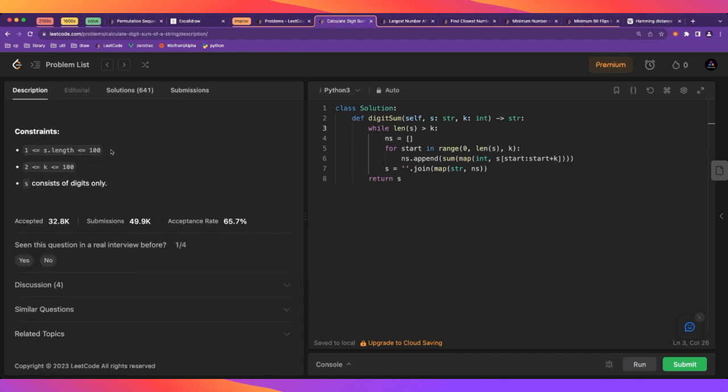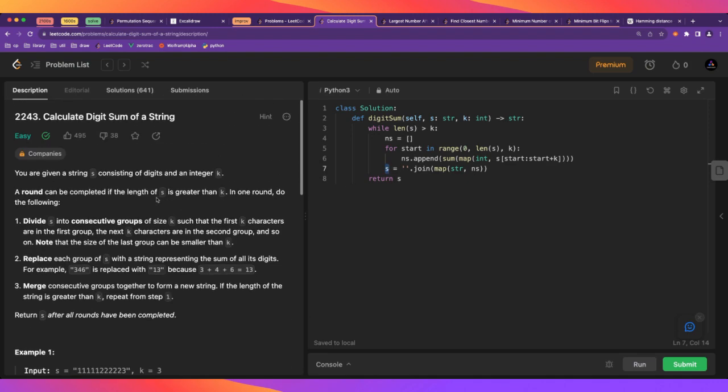The length is only 100, so every time we iterate, we do a round, and S should decrease in size. So we're going to do at most, as an upper bound, 100 iterations. So that's okay. And the condition here is that